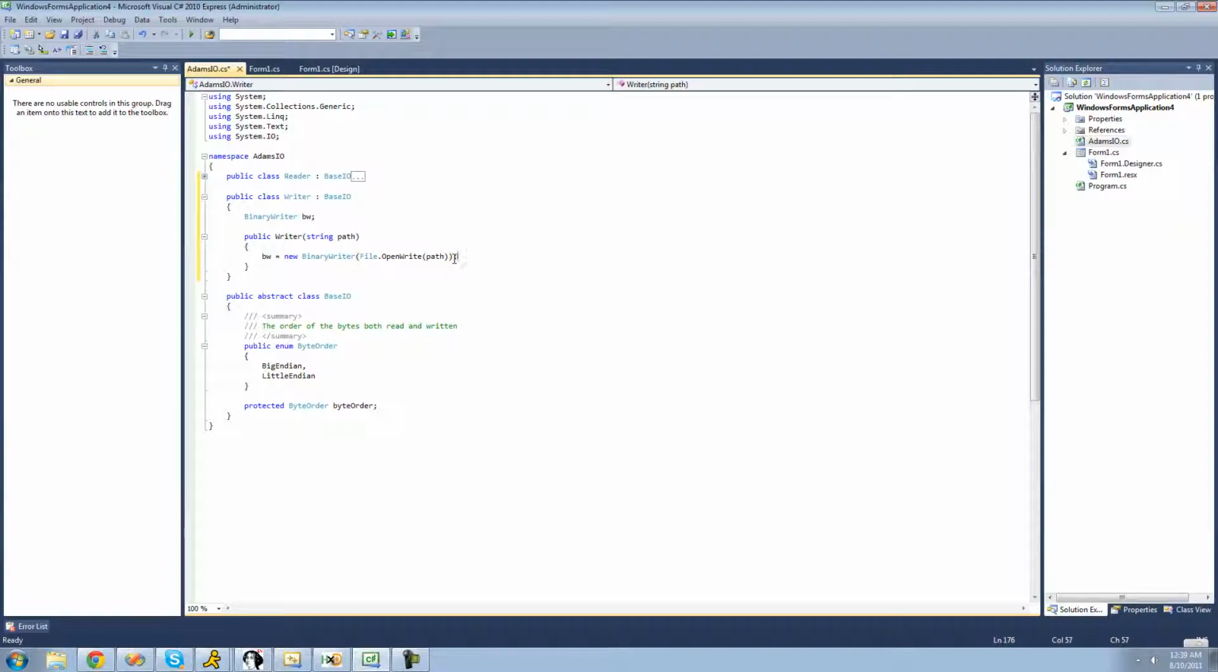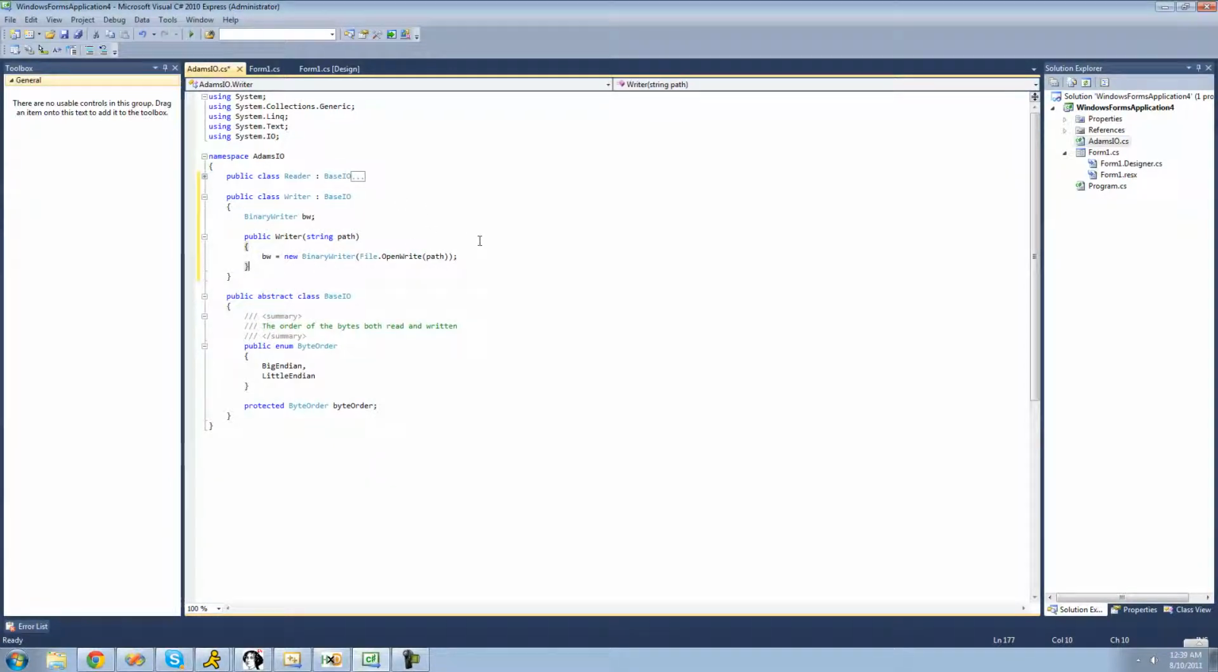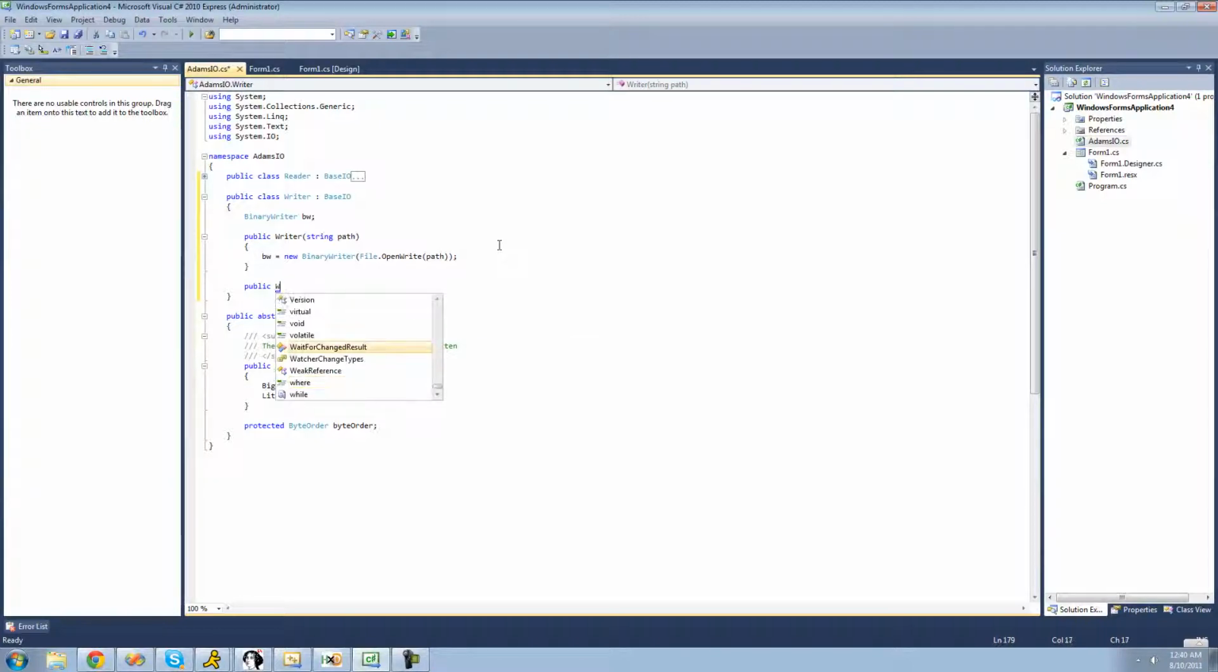Alright, so now basically whenever the user creates a new instance of the writer class, it will just create a new binary writer with the path that the user specified. And just like the reader class right here, we're going to want to create another constructor that will allow them to pass through the byte order so that they can change it if they want it to write in little endian. So we're going to say public writer